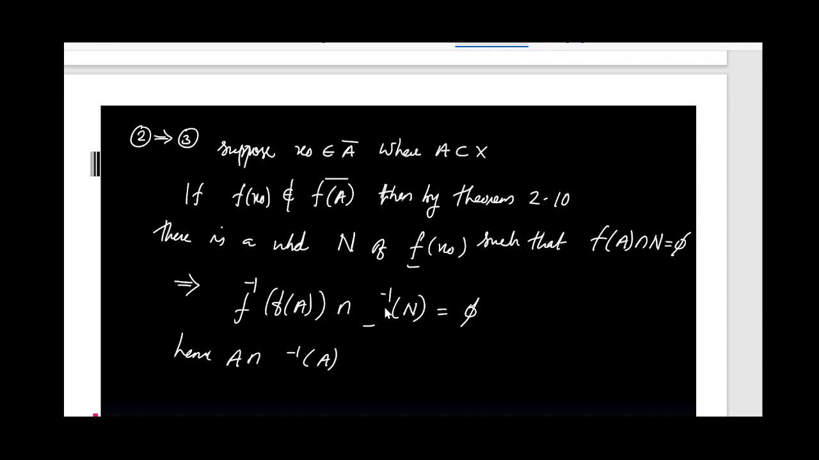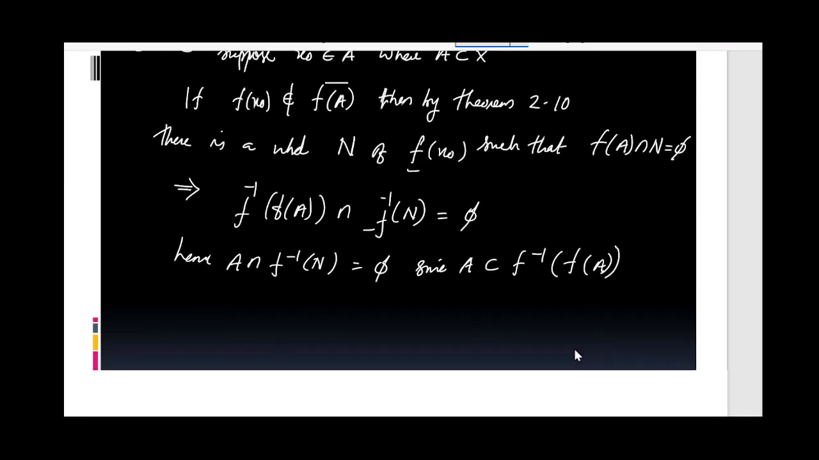So f inverse of this, f inverse of this, that is A intersection f inverse of not A, N it should be, right? f inverse of N is empty, since A is contained in f inverse of f of A. But by property 2,